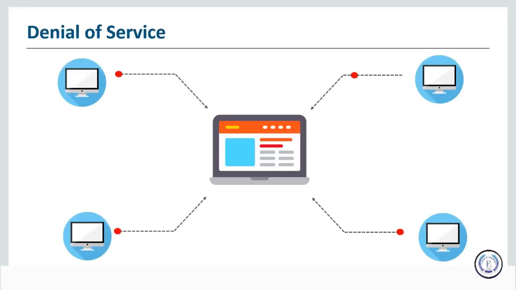Now, moving on, our next type of attack is a denial of service. A denial of service, this is a pretty common one, and you'll hear about this a lot. This is not to be confused though with the one that I'll be talking about after this, and that is a distributed denial of service. So this one that you see is a denial of service attack.